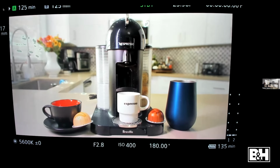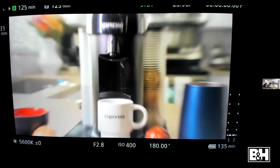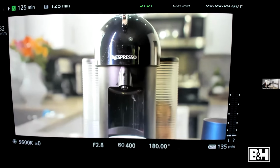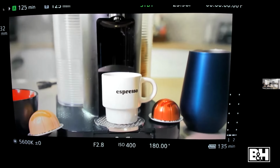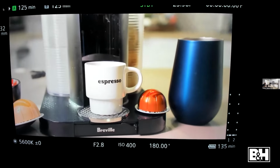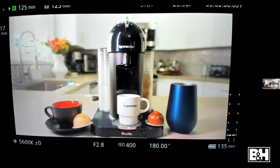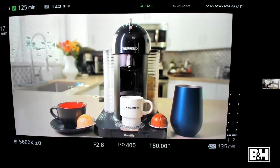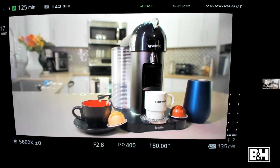So I get back to my slider, right? And I can do a series of different kinds of shots on the slider. I can come up to an espresso. You know, whatever you want to do. This is a great tool to use, it gives you the option. If you're on a tripod, you can't do this stuff. You're constantly like, I've got to move to the left, I've got to move to the right. Sliders add really great dynamic movement to things. And if I was going to go in super tight, say just on the espresso itself,